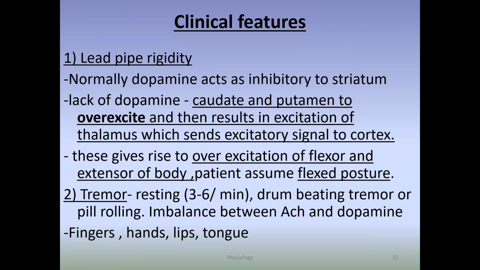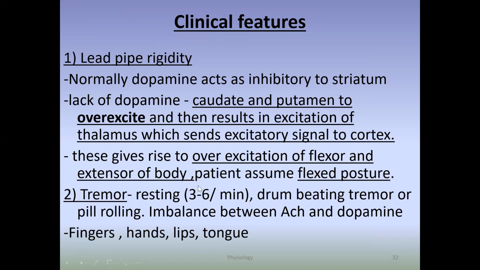Resting means even if the person is in a sitting condition or sleeping in the supine position, the person has a resting tremor, and that tremor is typical. That is a pill rolling type of tremor. Now, what is the pill rolling type of tremor? The person's thumb continuously moves over the index finger. Okay, that is called pill rolling type of tremor, and it is because of imbalance between the acetylcholine and